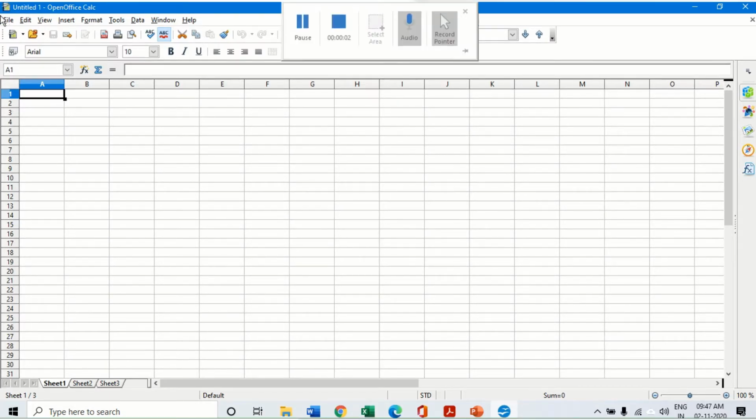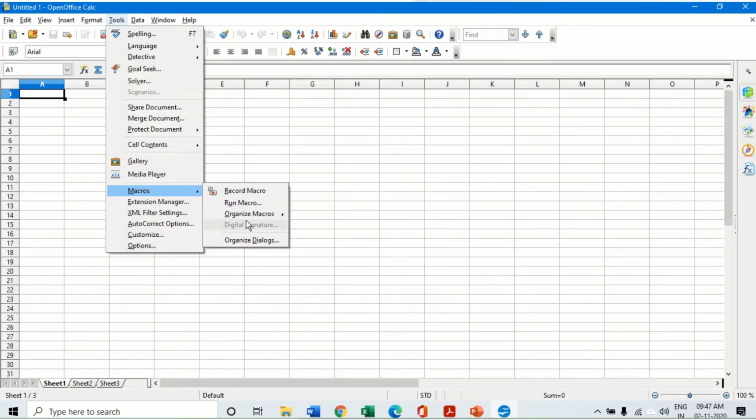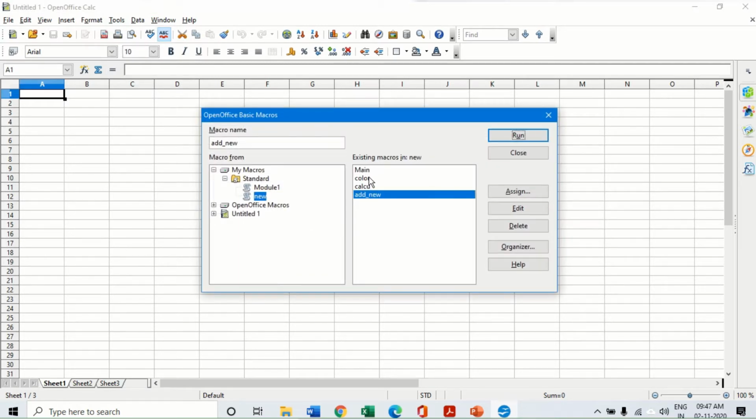In the last class I explained to you that whenever we record a macro, the macro is recorded and we can see the actual code for the macro in the Organize Macros option. Every macro recorded gets recorded in a particular language, which is called the macro language, written in StarBasic. So now when I click on Macros, Organize Macros and open macro, these are the macros we had created inside the new module, the calculate module and the color module, in our last class.